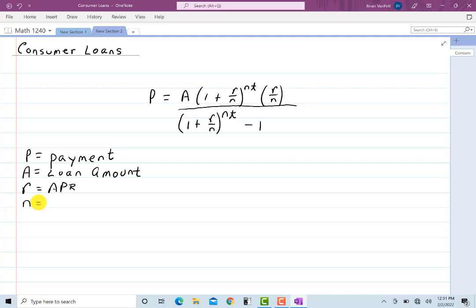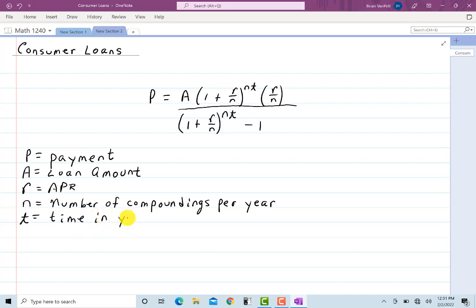As usual, N is the number of times that the interest on the loan is compounded per year. And for practically every one of our examples, N will be equal to 12, since we'll usually be talking about monthly payments. And the letter T, as usual, is the time